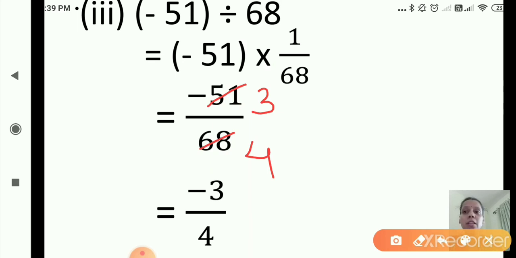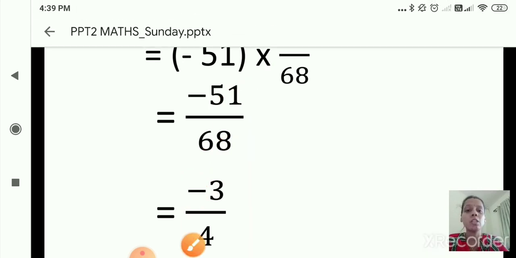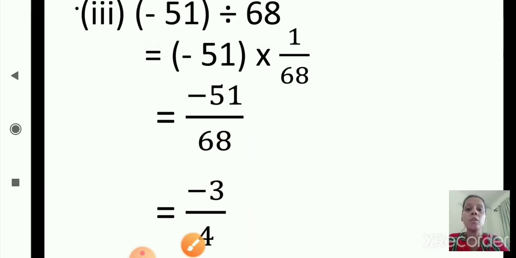As the first integer is negative and the second is positive, the quotient or the answer is a negative integer. So the answer is minus 3 upon 4. I hope you are clear with these sums. Now we'll move to the next part. In the exam also, if this type of question comes, you will just click on the correct answer. You will do the division and you will just click on the correct option. So for this practice set 9, you should learn the tables. Then only you will come to know whether the number is divisible by which number.